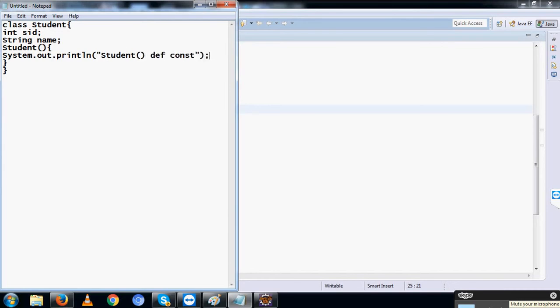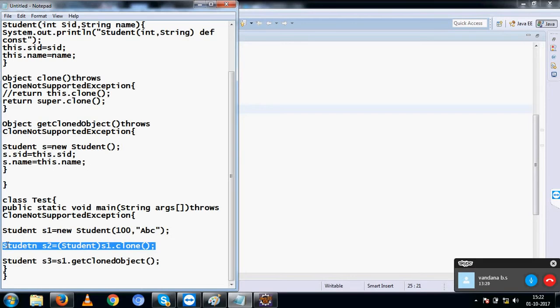With S2 and S3. S2 if I call, it is saying clone here. Clone function is calling the clone function, and this clone function is calling the superclass. S3 function is getCloned object. You are calling your... This is actually not required in this case. Not required, right? You are explicitly doing it. This is the difference, right? So now,